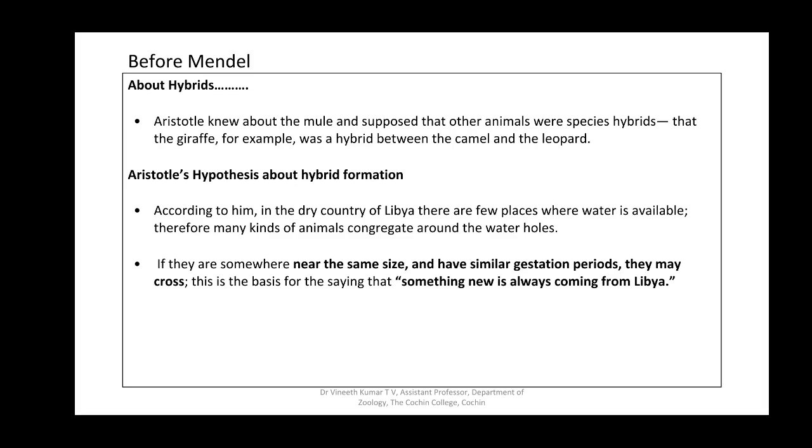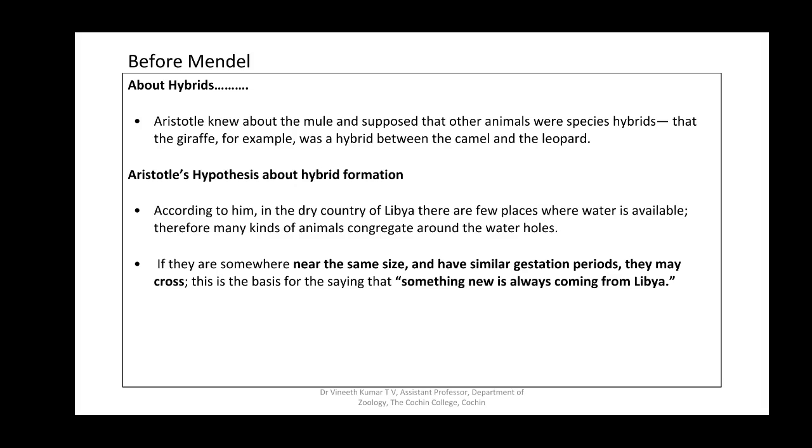What Aristotle hypothesized is that Libya is a dry area, and there is not enough water, and water is present in some puddles or pools. So all the animals come and gather at these water pools